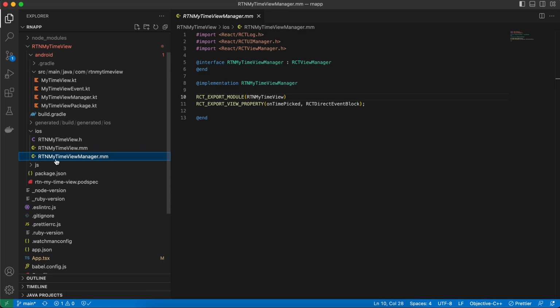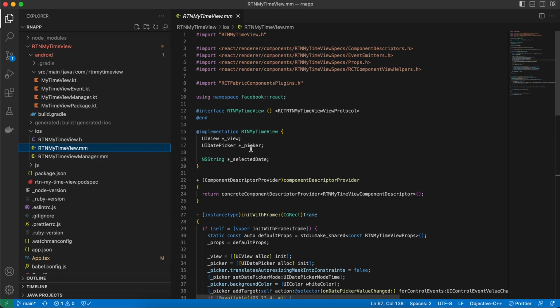Again RTNMyTimeViewManager.mm, copied from the documentation. The file name has been changed over here, and this RCT_EXPORT_VIEW_PROPERTY has been changed because we want a callback from native side to the React Native side. Next RTNMyTimeView.mm. So mostly this file also has been copied from documentation. Only thing that has been changed is